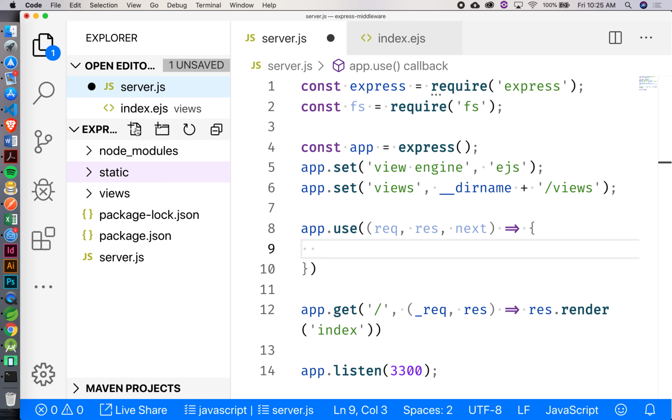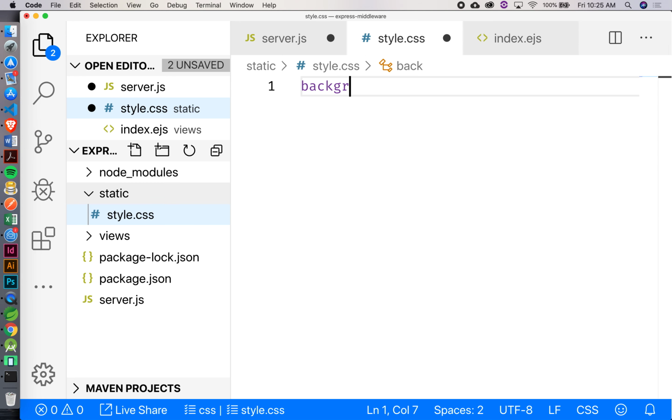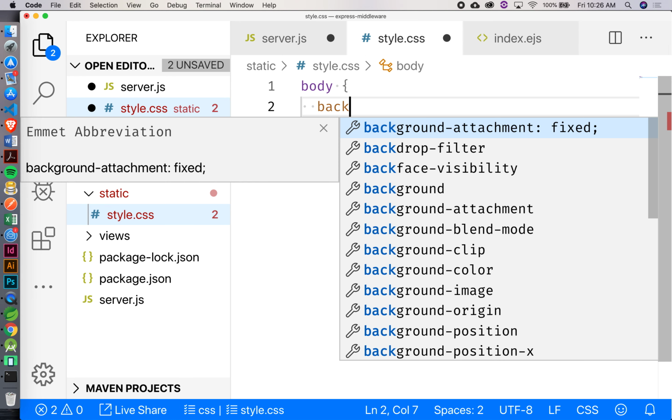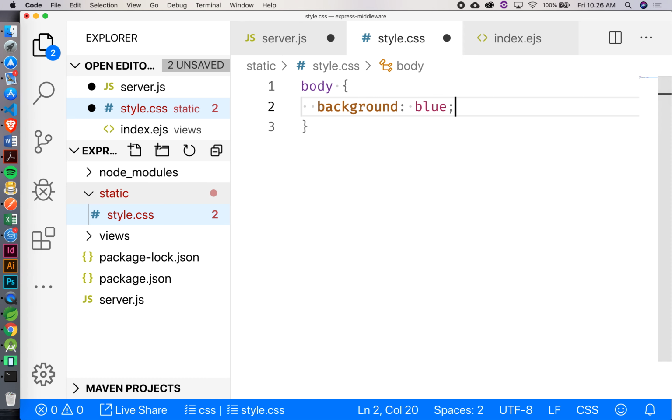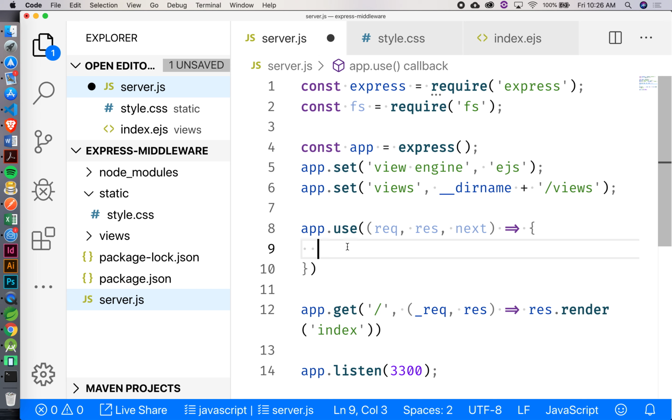And inside here, let's just create a simple file. Maybe it'll be a style.css file. Body, background, blue. Okay, and then back here in our server.js, what we're going to do is try to find